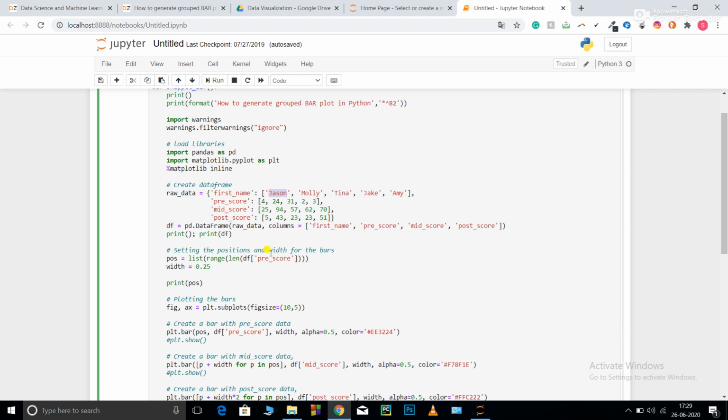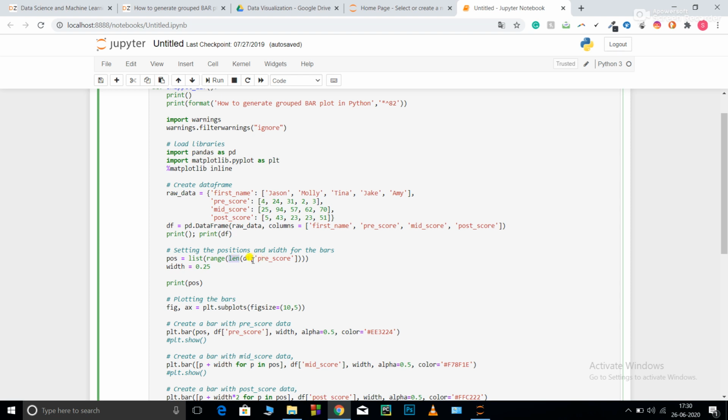Then I'm creating a list for the pre-test score, because I will be using this list to set the width and to place my bar graphs. So pos is equal to list. Basically the list function converts any set to a list. Now range: what should be the range?